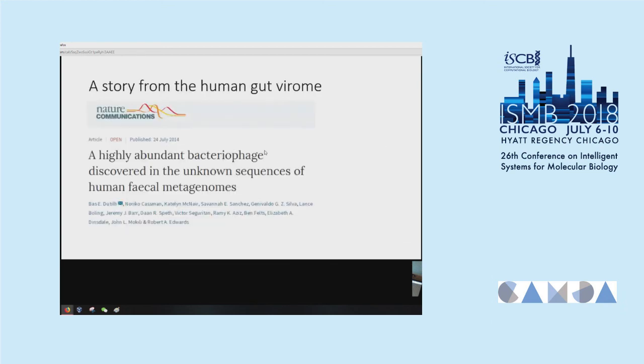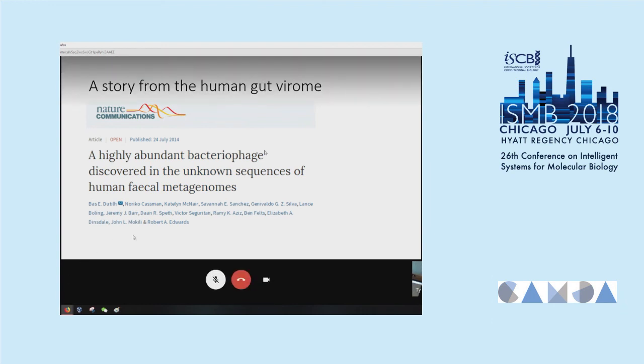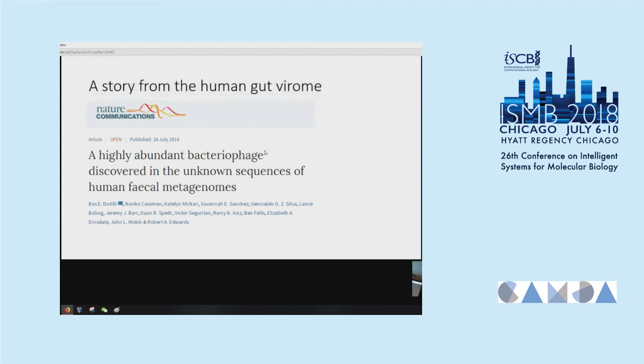So I'm just going to end with a very, very short story from the human gut virome field. My postdoc back in Ireland, before I moved to Australia, was in a gut virome lab. And this paper published back in 2014 was the first one to describe this cross-assembled phage, crAssphage, a very highly abundant bacteriophage in the human gut. What these people from Robert Edwards' lab had found was that this bacteriophage of 97 kb was in fact 2% of all human fecal metagenomic data that had been generated up to that point. Yet no one had ever described it, no one really knew anything about it.